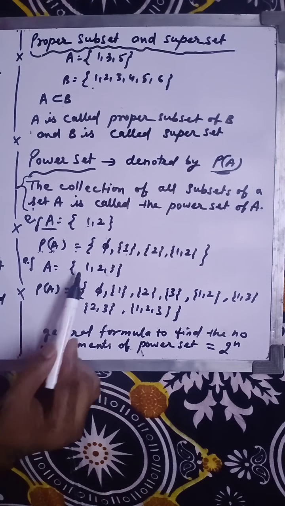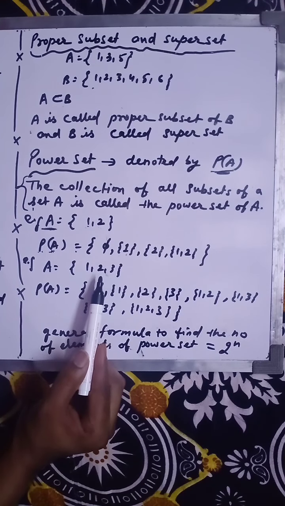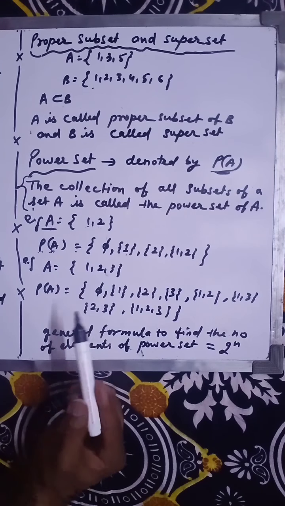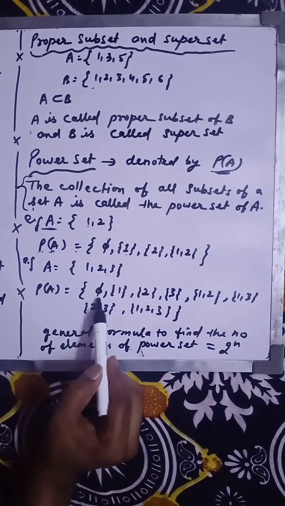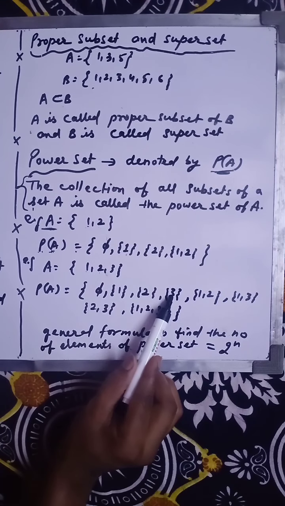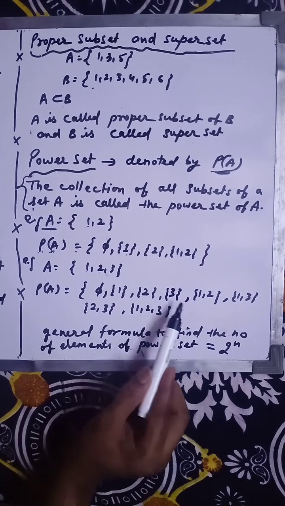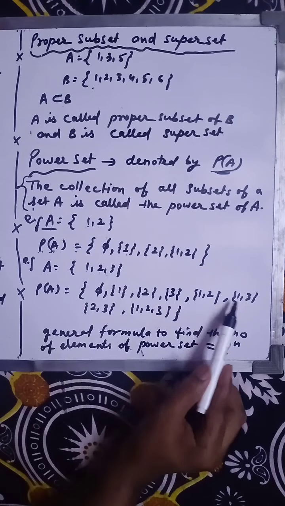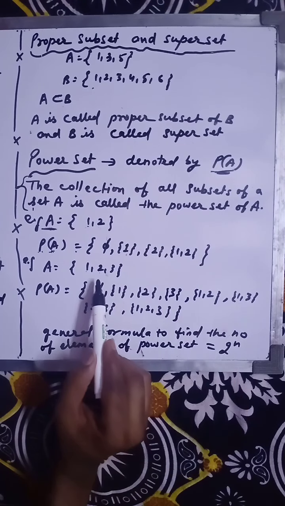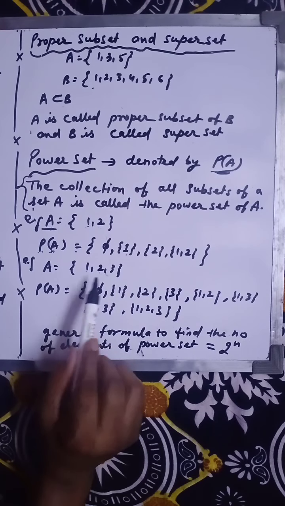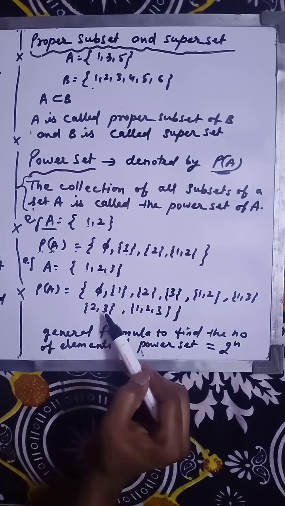Here we have 3 elements. Okay, A has 3 elements and we have to write the power set of that. So for the power set of A, first we will write ∅. Fine. Then 1, then 2, then 3. Okay, after that we have to make pairs: {1, 2}, {1, 3}. Got it? Then {2, 3} is coming. At last, the pairing of 2 elements is completed now.